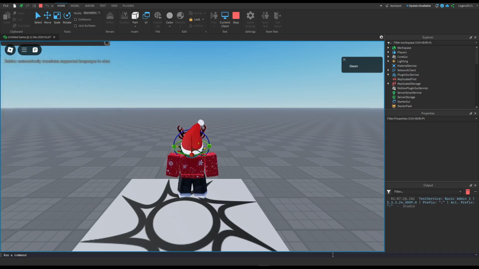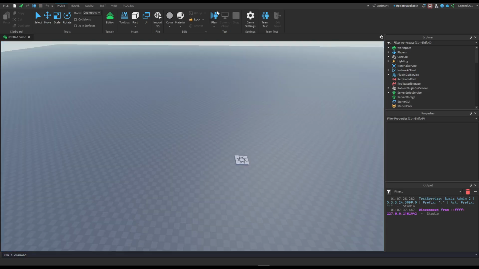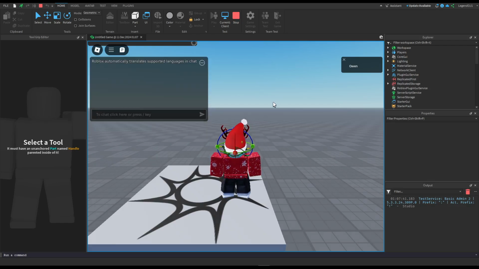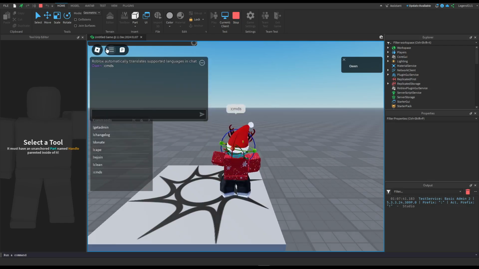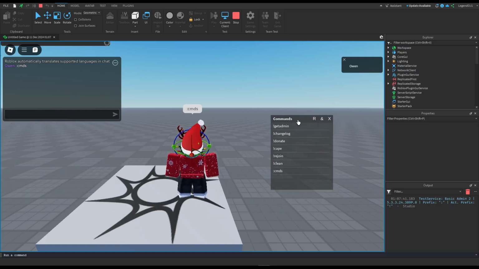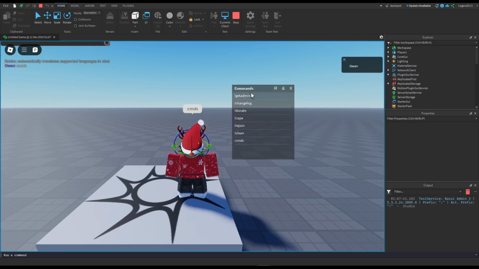Now, it hasn't actually loaded my thing on the bottom right, and sometimes this happens in Studio with basic admin, that you have to play multiple times for the admin to actually load in. You can actually do a CMDS in the chat to see if it's loaded, and it looks like it has now loaded. It hasn't given me ownership commands, which is probably why I couldn't run the commands, but you'll see now that basically we have copy paste functionality in the list, but the problem is that we can't actually see